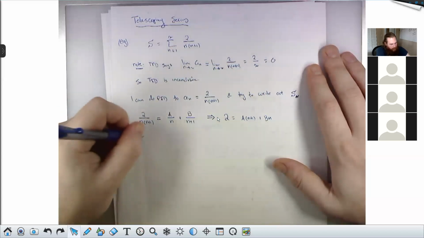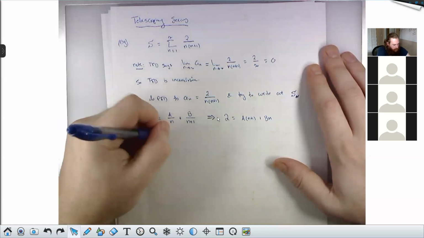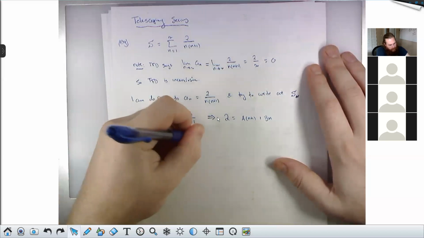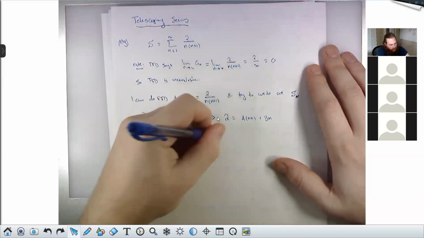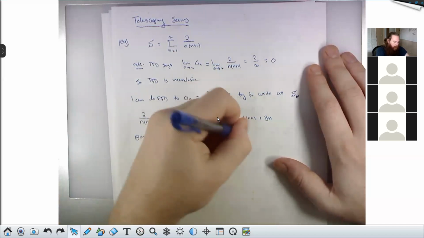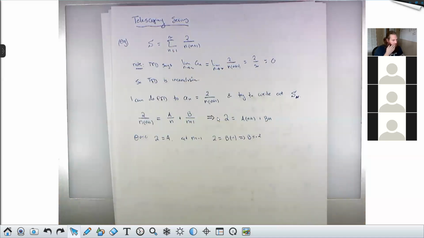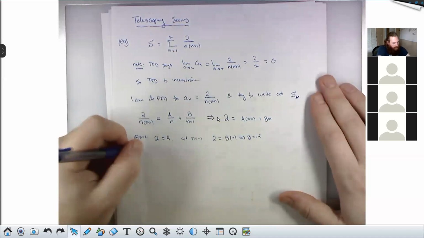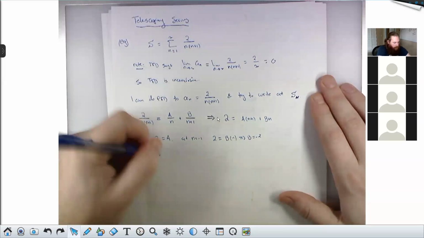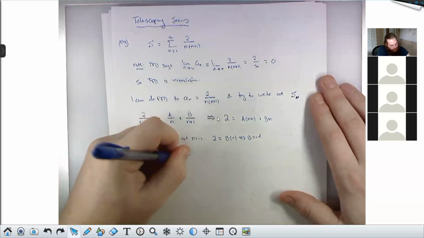At n equals 0, I get 2 equals A. At n equals -1, I get 2 equals B times -1, so B is -2. So my a_n, 2 over n times n plus 1, could be written as 2 over n minus 2 over n plus 1,